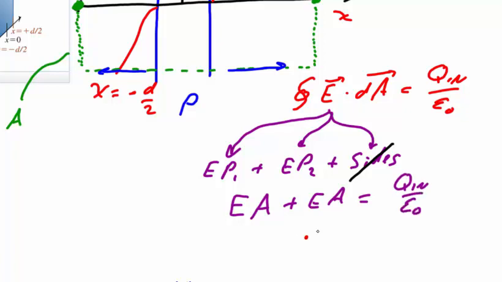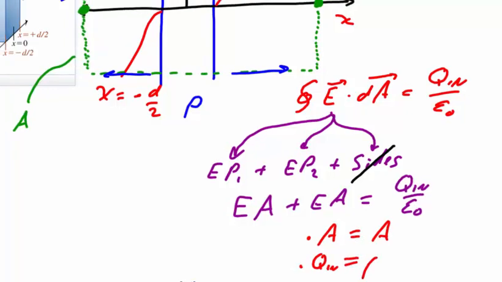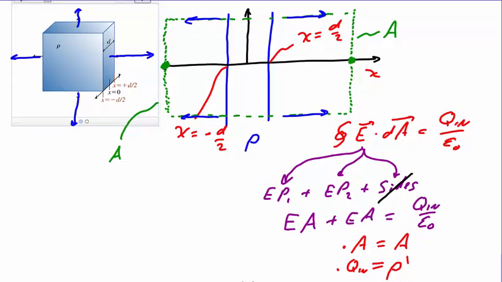As always, we'll need to figure out what the area is. We've made an arbitrary sized area. It's A. We'll also need to figure out Q in. As stated before, since we've been given a charge density in the problem, rho, we will be multiplying rho by some volume. If we go back to the figure, we can see what volume it is we should be multiplying by. The Gaussian surface has clipped a small piece of the infinite sheet